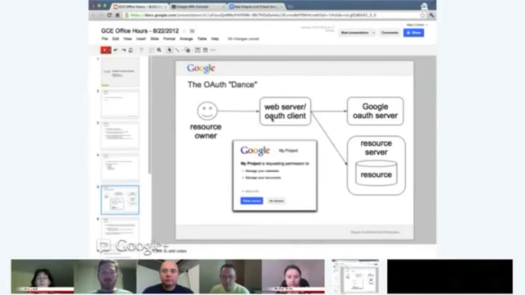This is what we affectionately refer to as the OAuth dance, and so hopefully everybody has lived this experience, but this tries to schematically summarize what's going on when you're actually using OAuth. So you're the happy resource owner, and you're happy because you don't have to tell anybody your password. You're interacting with a web server, which at the same time is an OAuth client. And through the details of the protocol, and I don't have time to go through step by step the different legs of the protocol, but through the interactions between the web server and the OAuth server, you effectively